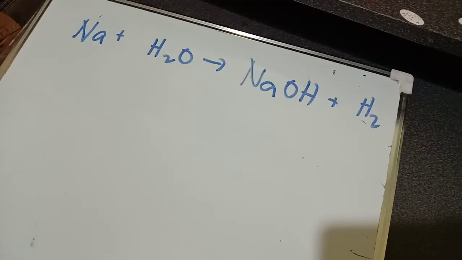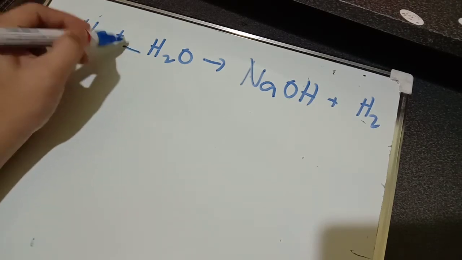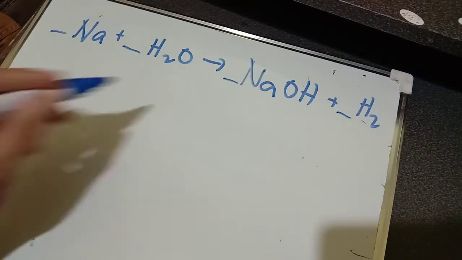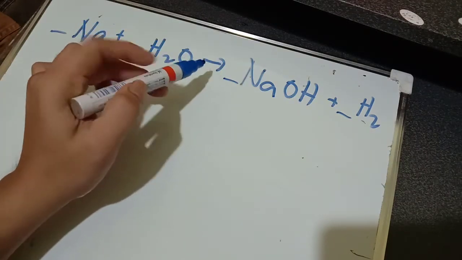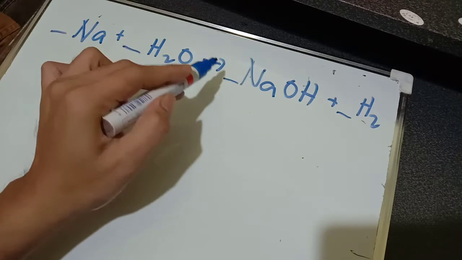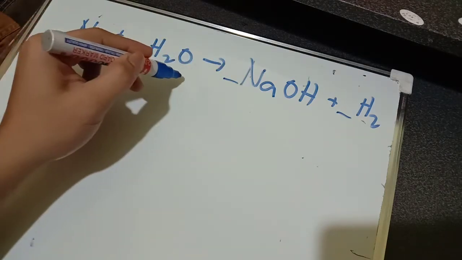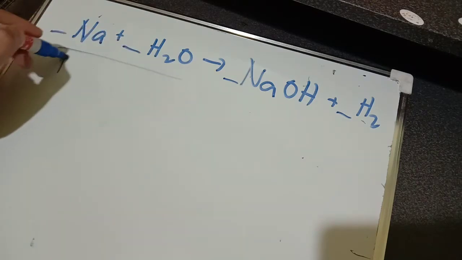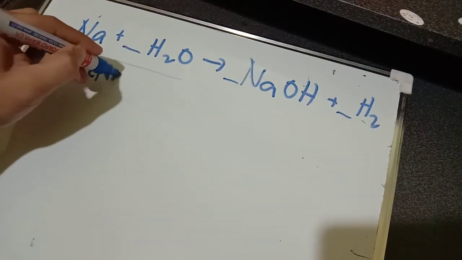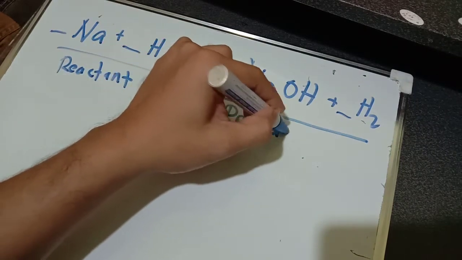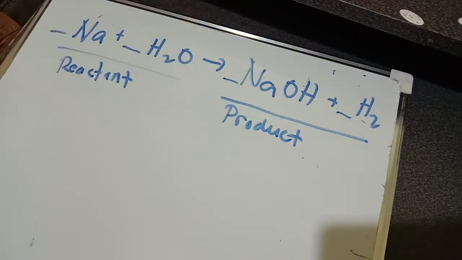Alright, so ito nga yung chemical equation na kailangan nating i-balance. Meron tayong mga blanks dito, posibleng magka-blank dito and blank dito. Alright, so meron yung arrow dito sa gitna, which means the process na nangyayari. So we call this side here your reactant side. Tapos ito naman dito is your product side. Alright? Sabi kasi sa